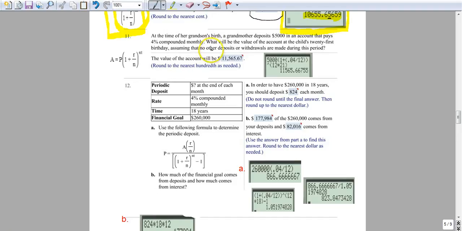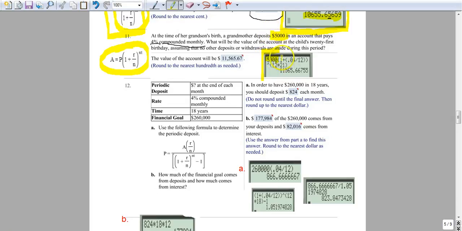Number 11. At the time of her grandson's birth, the grandmother deposits $5,000 in an account that pays 4% compounded monthly. What will be the value of the account after the child's 21st birthday? Okay, so here's our formula when we've got compounded interest. We know the principal, and we want to find out how much it will be worth after a certain amount of time. So here's a screenshot where I have filled in the value of P, which is 5,000 because that's how much she deposited,